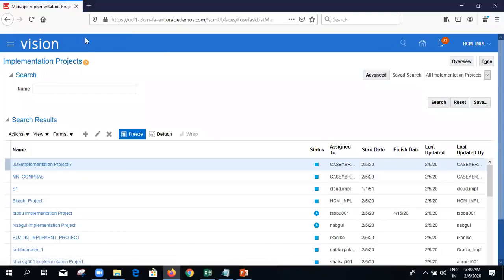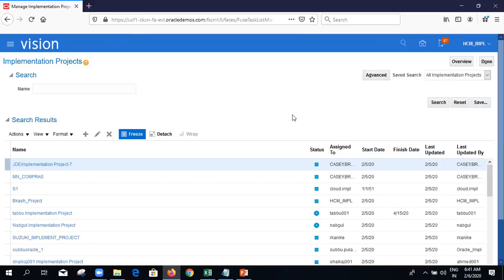So why is the creation of an implementation project required? If the project manager in our team wants to track the status of the configurations, let's suppose we are implementing global HR, absence management and payroll modules for the client. Now our project manager wants to track where exactly the implementation status is.